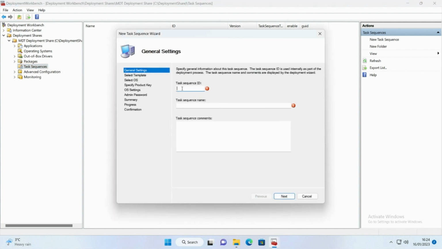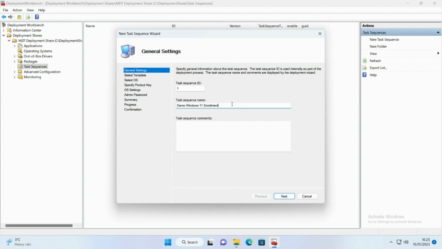You give the task sequence an ID. It can be a name, it can be a number. I just like to keep it simple. I give it a task ID of 1. I'm going to give it a name. And this name is also what you're going to see, that you need to choose when you are going to do the deployment. So make sure that it's a nice name, don't write stuff that's not meant for kids, let's say so. Okay, demo Windows 11